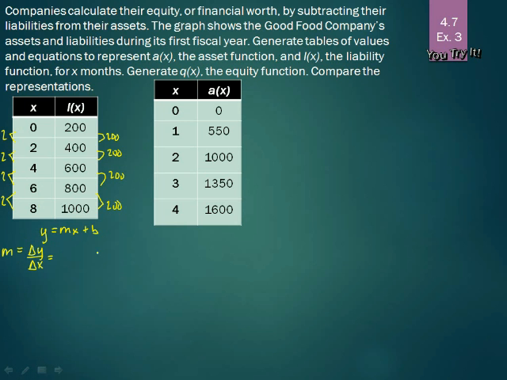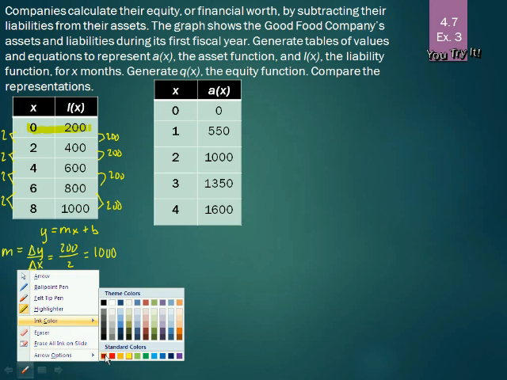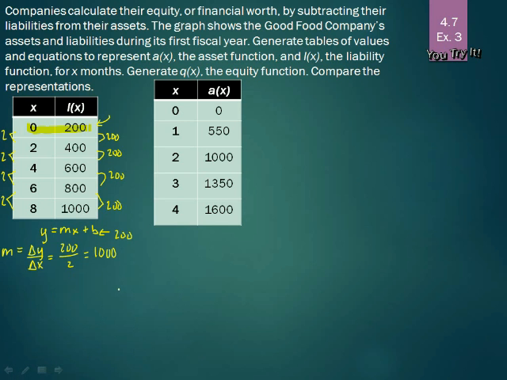Delta y in this case is 200, and delta x is 2, so m will equal 200 divided by 2, which is 100. And then b will just be our y-intercept. So we see our y-intercept is at (0, 200). So then b will just be 200. So our final answer for L of x will be 100x